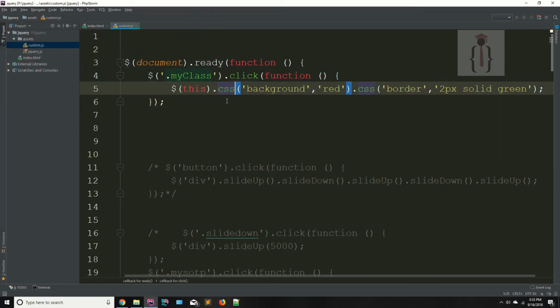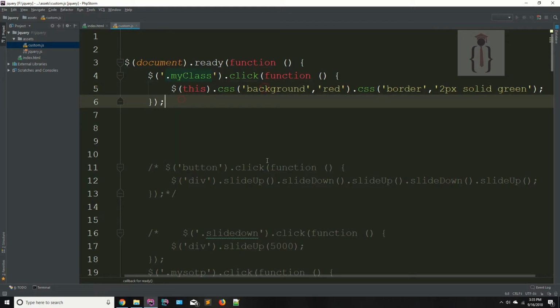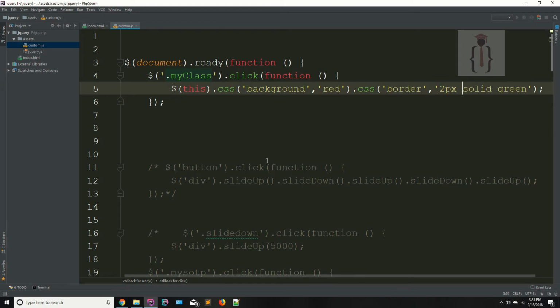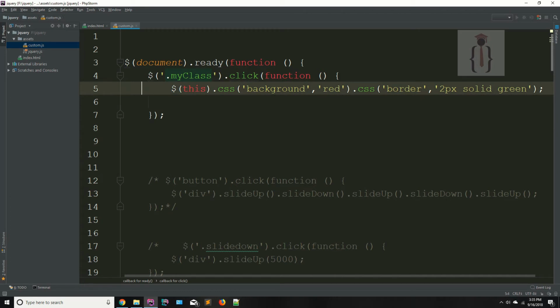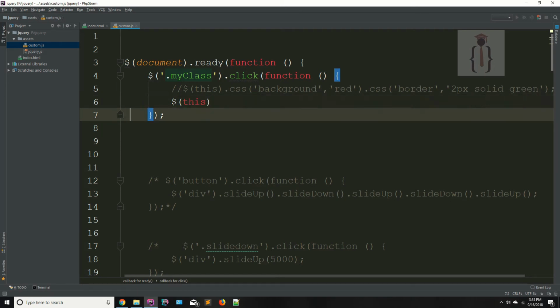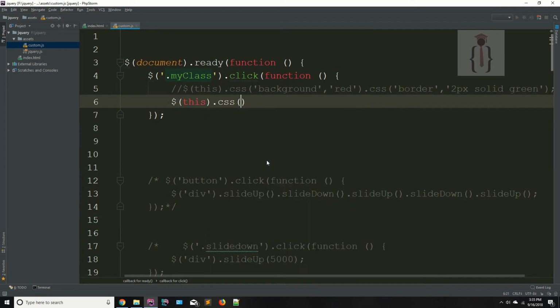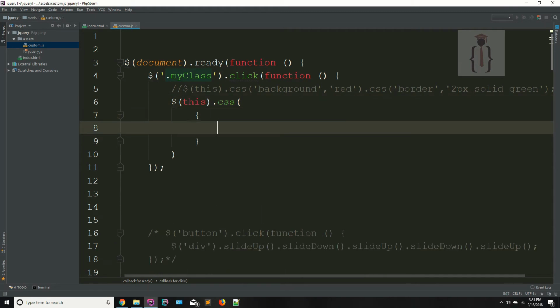This is the method. Whenever I say method and whenever I say action, that means I'm talking about this after the select. Okay, for suppose if you are adding more than one property, how can you do that? Let me show you. I'm saying just comment this, and I'm saying this dot, that means I'm talking about the current object. I'm saying whenever someone click on the button, just use the property, and I'm using the curly braces here. That means I'm saying add the background,